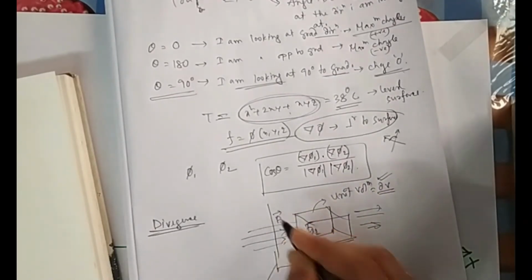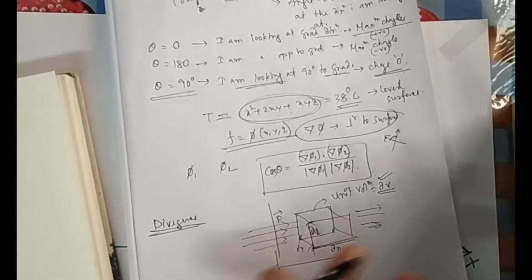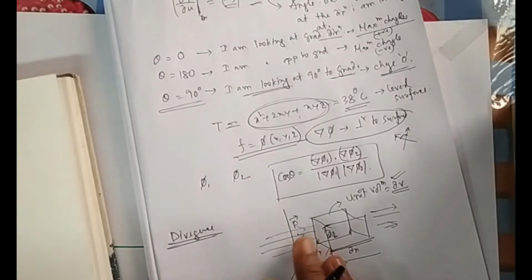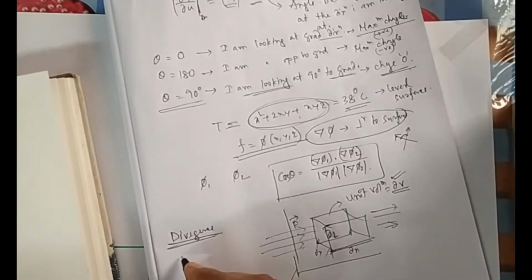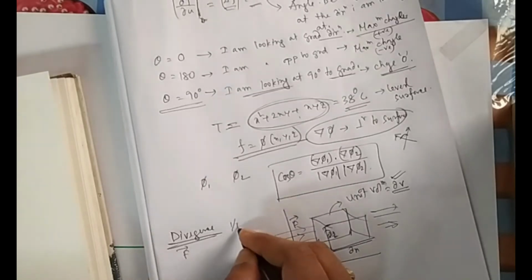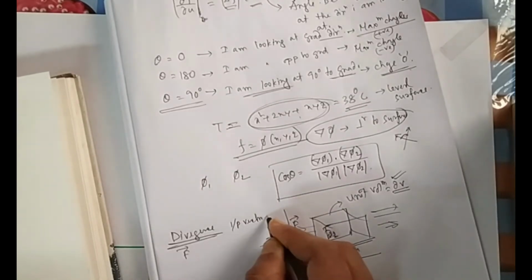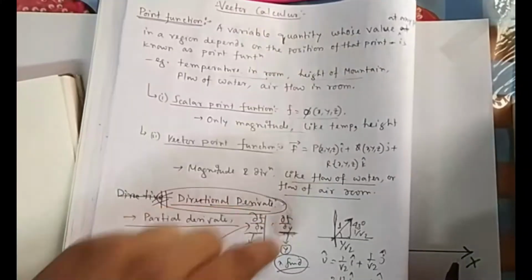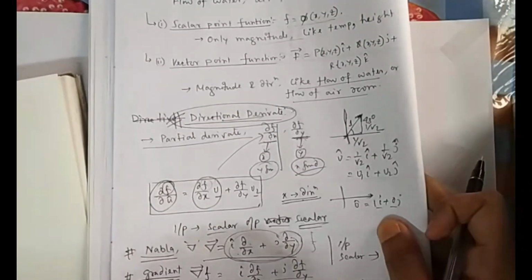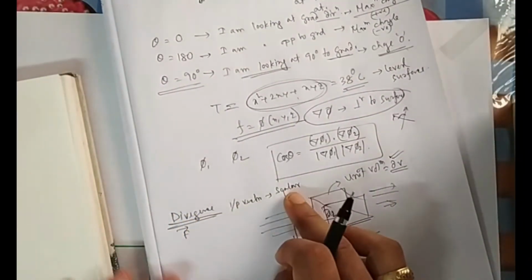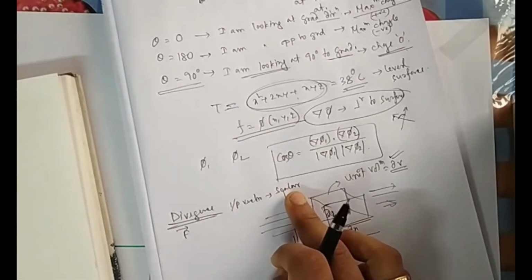And this is the F. F is the field that is coming. So obviously what field will it be? It will be a vector field. So for divergence, your input is always a vector. What will be the output? The first output is always a scalar. You see the first one here: scalar input, scalar output. Here, for gradient, scalar input, vector output. For these two, divergence and curl, the input is a vector; the divergence output is a scalar, and the curl output will be a vector.